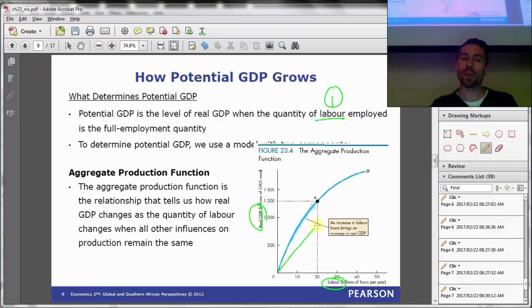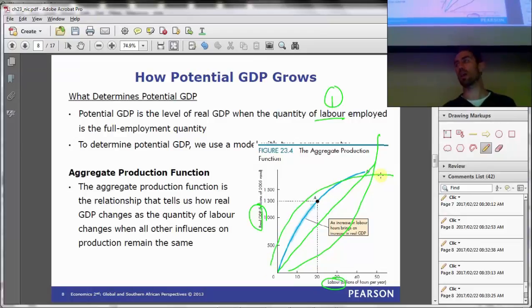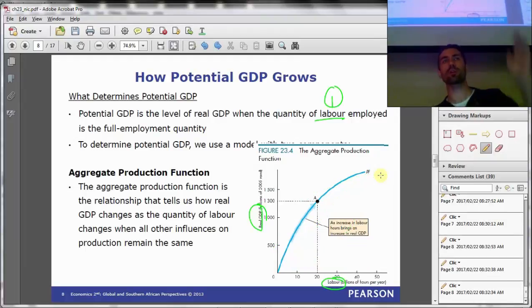Do you expect it to be a linear relationship? Do you expect it to be a relationship that curves upwards, or do you expect it to be a relationship that curves downwards? And when I say what do you expect, what I mean is, based on your previous experience in microeconomics, which of these would you expect? Give me some feedback. In other words, we've got a diagram that's showing increasing at a decreasing rate.